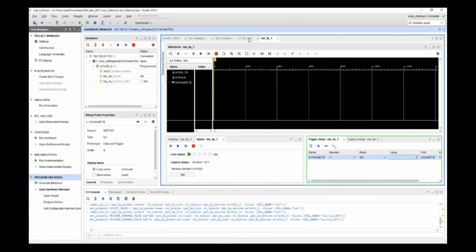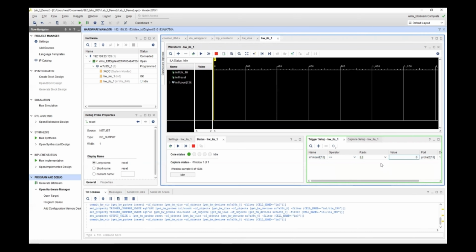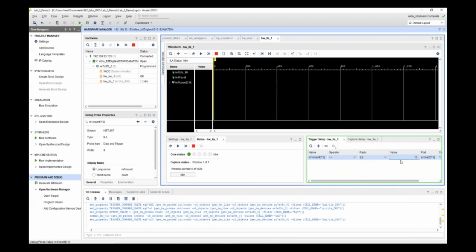Firstly, let me make the reset 1 such that the count becomes 0. And then I'll give a value of 15. This is the unsigned decimal value of the count on which this probe or event will get triggered.